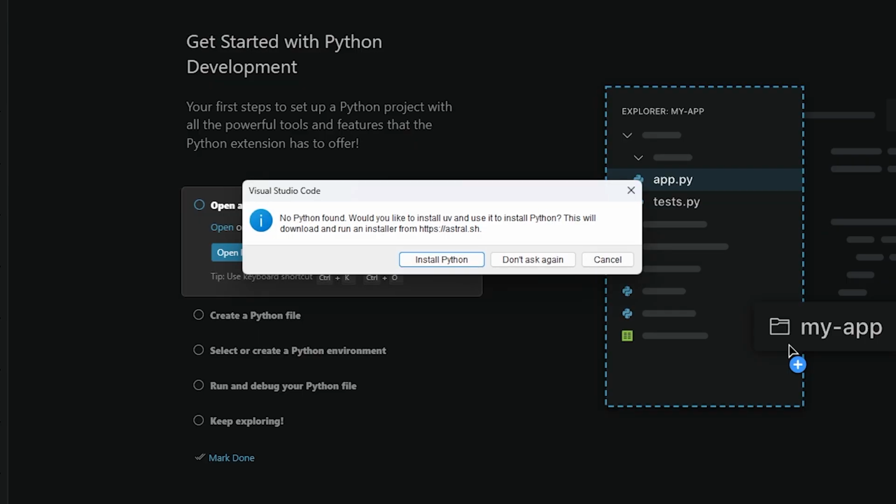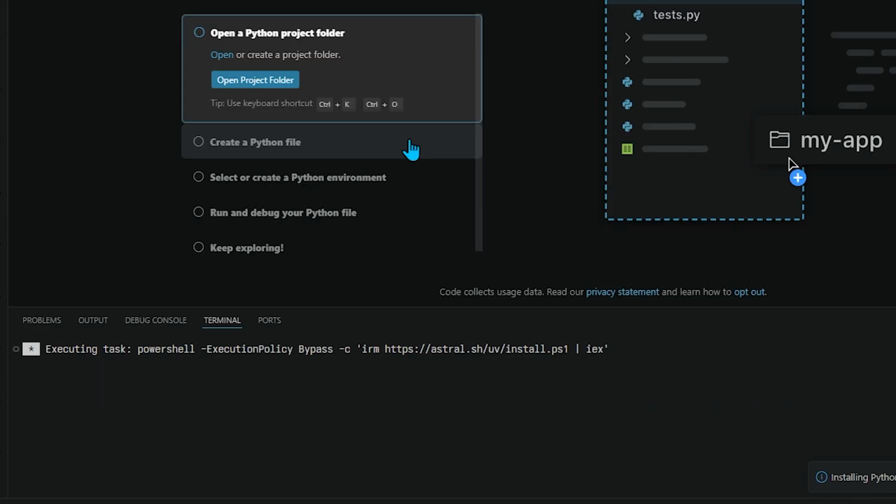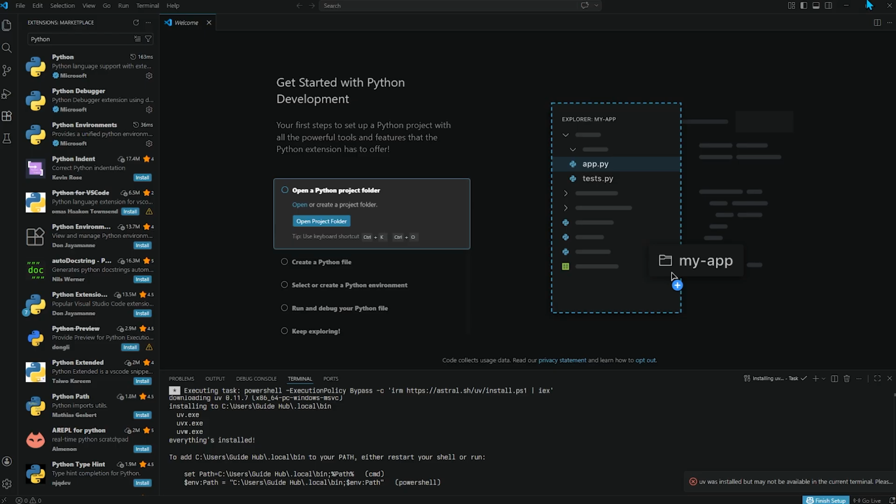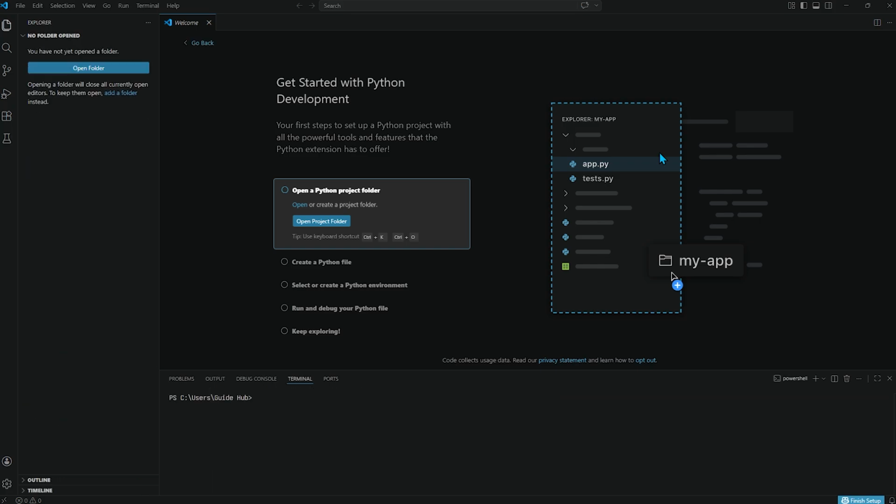If Python is not already installed on your PC, this action will trigger a helpful prompt asking you to install Python and UV. Click Install on that prompt and wait for the installation process to finish. Once the entire progress is done, restart your VS Code application window to apply the new system